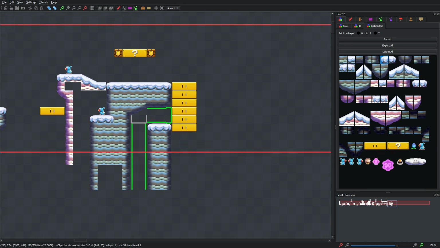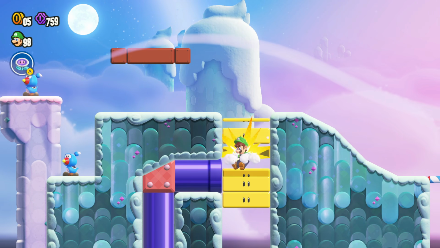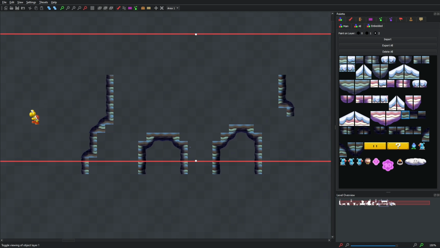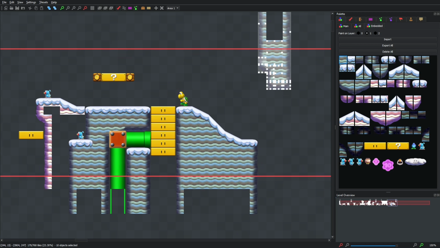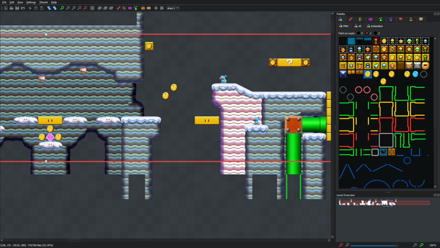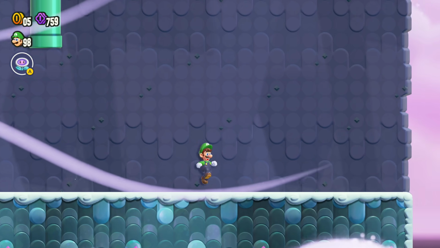And this here is a type of pipe entrance I do a lot. I thought it was fun to use the flip blocks like this, though it took a while to figure out how to get the pipes to be placed properly and connected to a sub-area. Speaking of which, after I had once again ported everything over to Wonder, I also went ahead and made a test version of the sub-area.